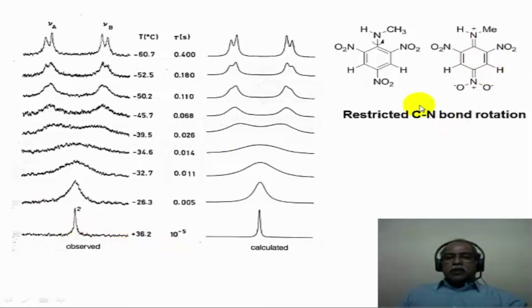Indeed, at room temperature, you do see only a singlet, but at a very low temperature, when there is restriction of the carbon-nitrogen bond rotation, this methyl group on the nitrogen makes this hydrogen and this hydrogen chemically distinguishable. So what you see is an AB quartet corresponding to the meta coupling between the AB system, which is this coupling that we are talking about. This is a simulated spectrum based on computer simulation using the lifetime of this molecule for the various rotational rate constants, the inverse of which will be the rotational rate constant of the process that we are talking about.